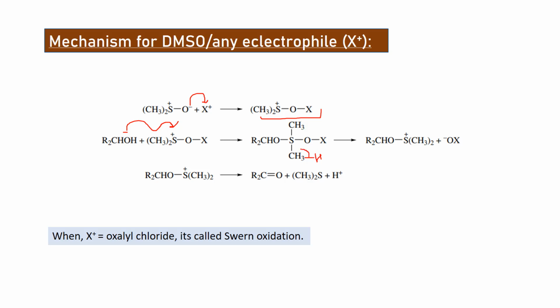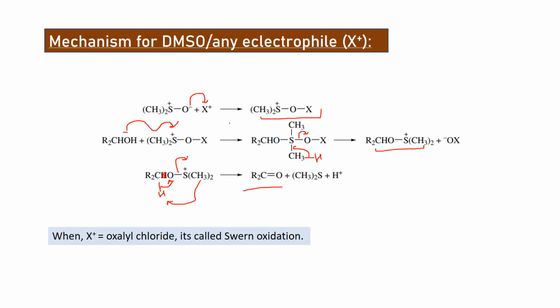So this will come here and this gets removed from the system. So this species will be generated. After that, this proton is taken up by this CH3 minus like the previous one, and this comes here and this gets removed from the system. So in this case also we are getting ketone.